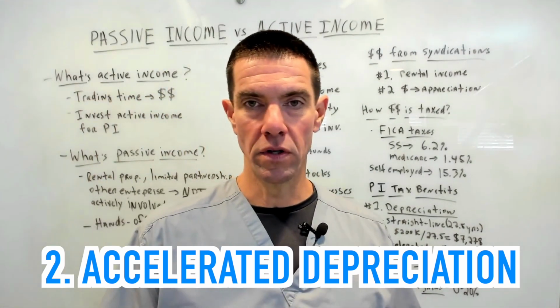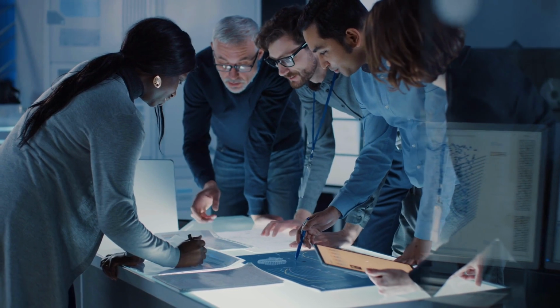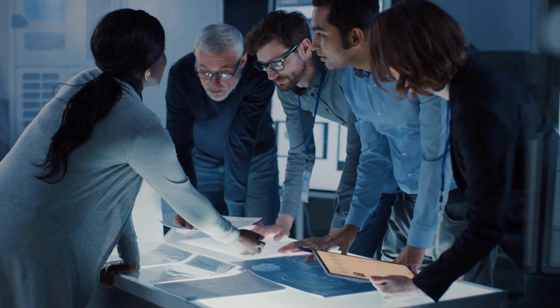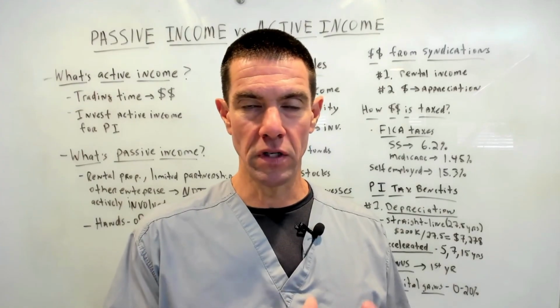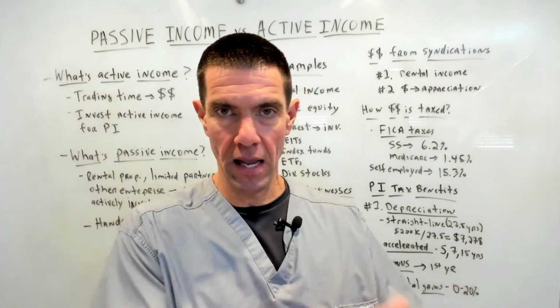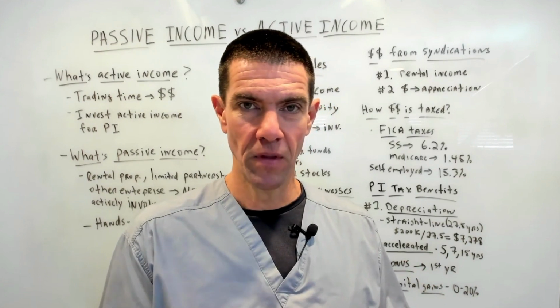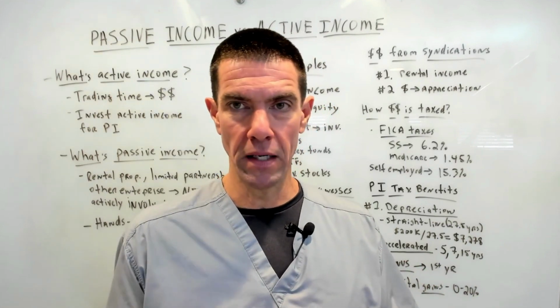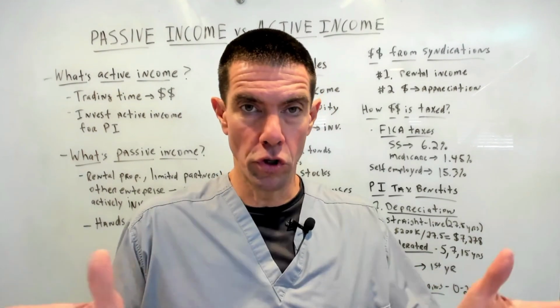Usually real estate owners hire a group of engineers to perform what's called a cost segregation study. Now, this study allows different building components to be depreciated. They actually go in and segregate out, hence the name cost segregation, these different building components to be depreciated over shorter time periods.